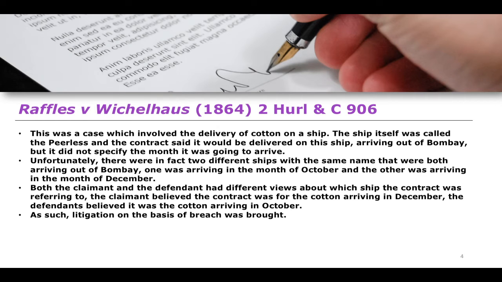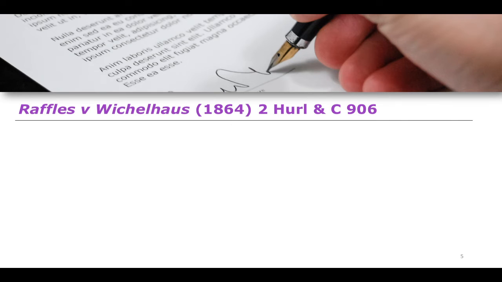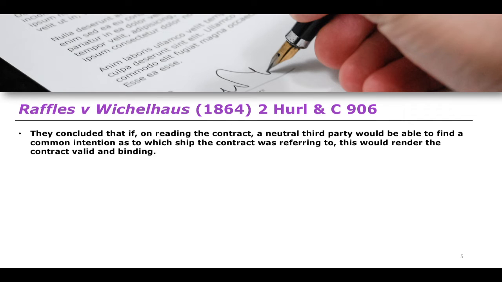So litigation was brought on the basis of a breach of contract, because there was a disagreement as to which ship, in fact, belonged to the agreement, which ship actually was the one that the contract was referring to. The courts were tasked with identifying the operationalization of mutual mistake, and they concluded that if, on reading a contract, a neutral third party would be able to find a common intention as to which ship the contract was referring to, this would render that contract valid